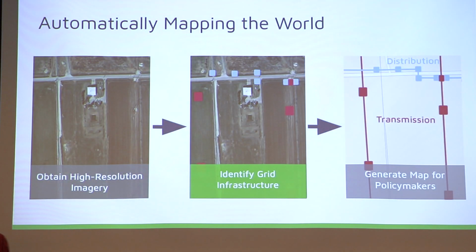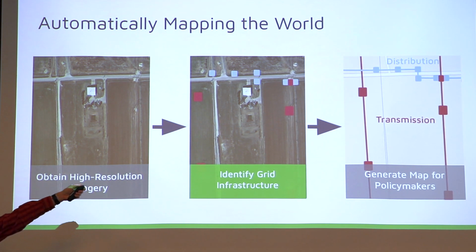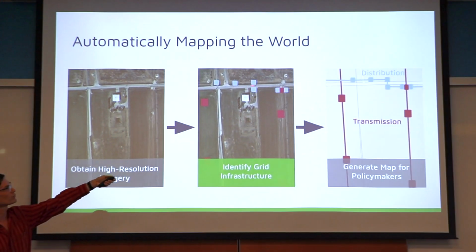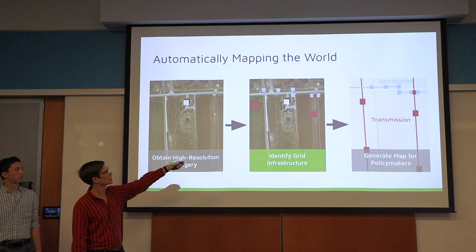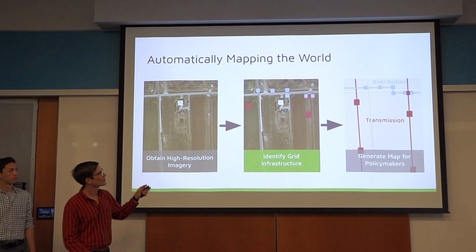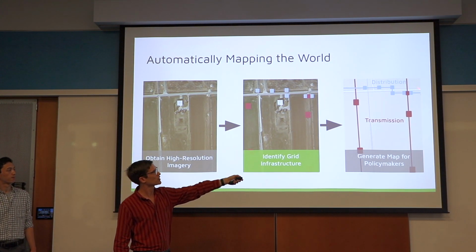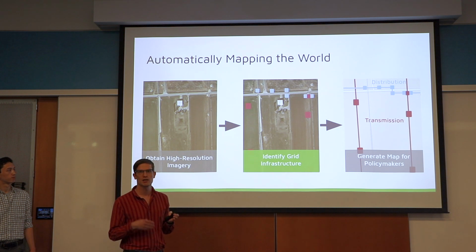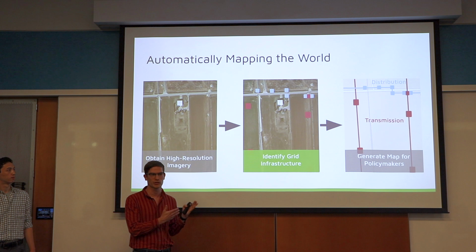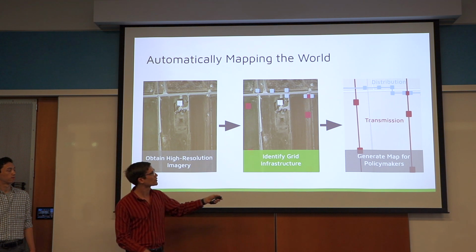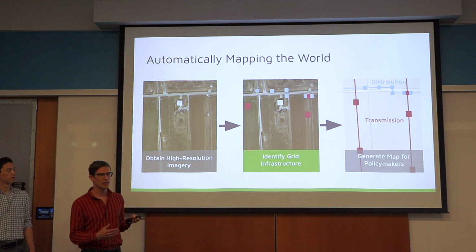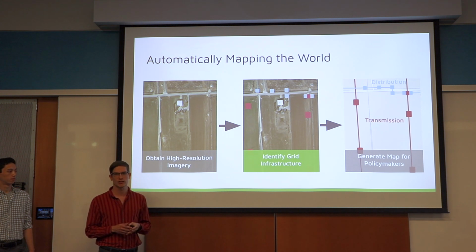So now to give you another big picture look at the goals for this project, we'll step through a conceptual pipeline. So if we have high resolution imagery for an area, we have a computer model that can identify transmission and distribution towers. In this case, these smaller blue blocks represent the distribution network, and these magenta ones represent the larger transmission towers. Then we can turn this data into geospatial data that can be handed off to policymakers, planners, maybe people using a similar model to the one I described for the country of Zambia. Our work focuses on this center step, creating and training a deep learning model to identify the infrastructure itself.